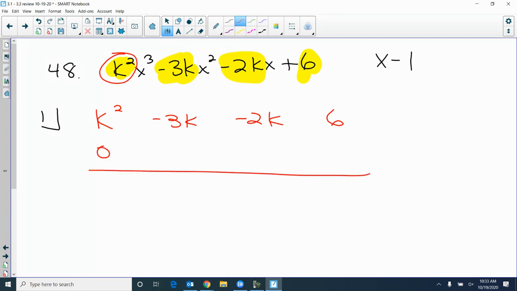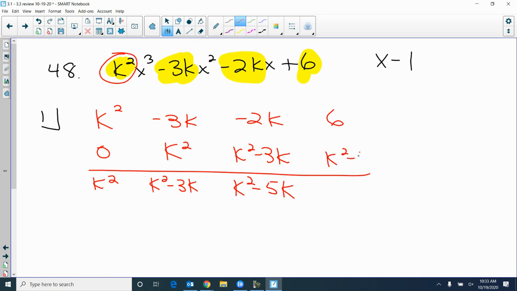All right, and then try to follow your rules. Okay, I know because you haven't seen this before, it can throw you off a little bit. But you're going to get k squared. You're going to multiply. Now right here, negative 3k and k squared, you can't combine them. So the only thing you can do is write k squared minus 3k times 1. I do have like terms, negative 2k and negative 3k, which gives me k squared minus 5k times 1. Whoops, that's a k. And now our remainder, the only thing I can do is write it as k squared minus 5k